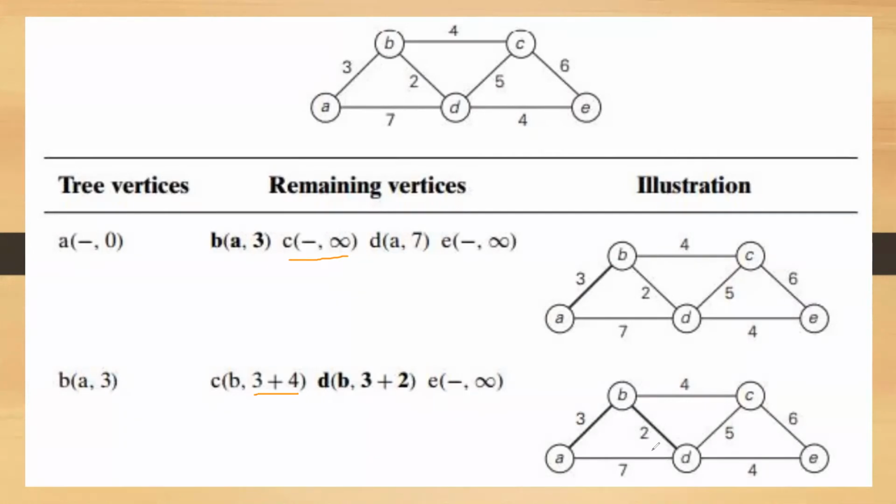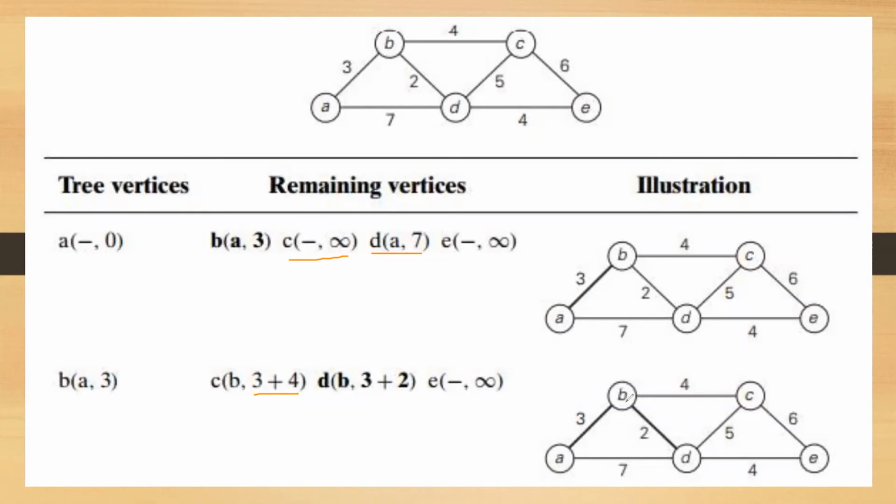Next up, updating the D. Now observe this. You will understand very clearly here. D is already updated in the previous step. D is having a distance of 7. Just observe this. D is having the distance of 7. Now we have to once again calculate the distance of D. Via A, the distance was 7.